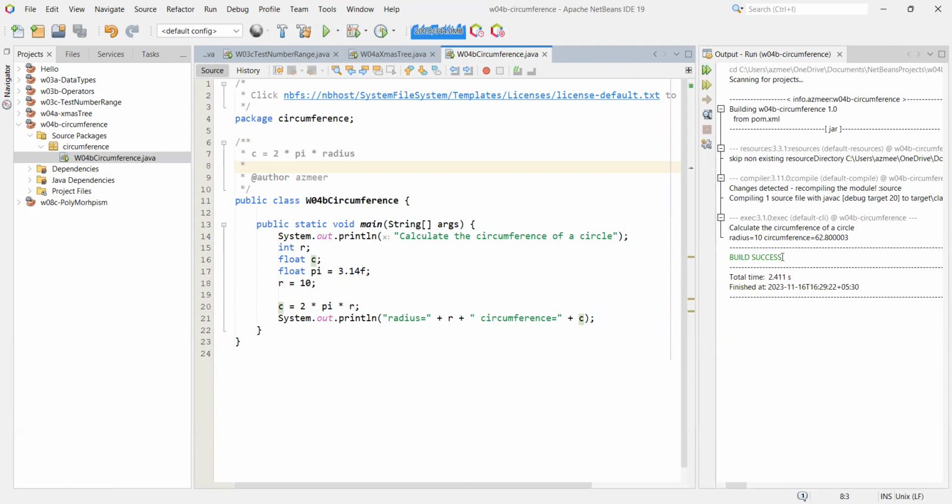Okay, so I'm getting a value of circumference of the circle. I guess radius is 10, circumference is 62.80003. Actually, I could also control the number of decimal places here as well, but I'm going to leave it